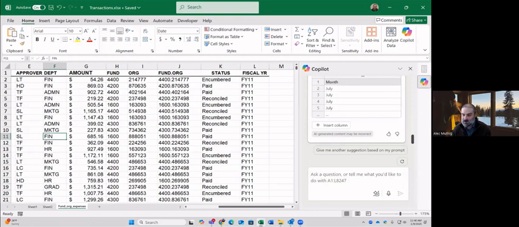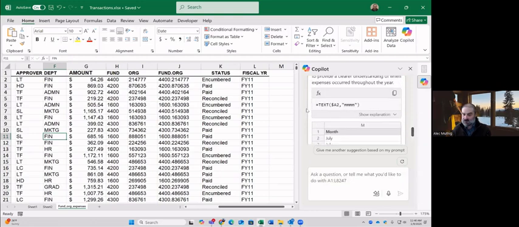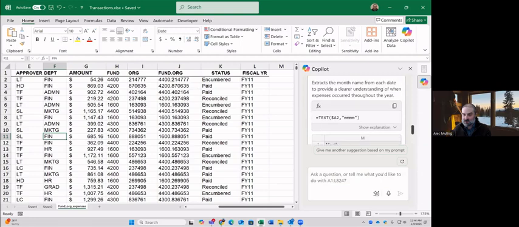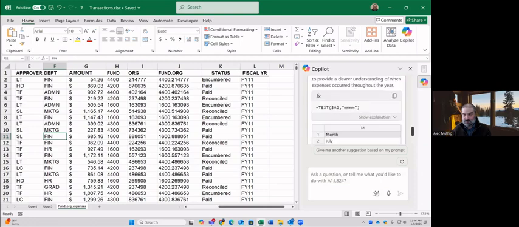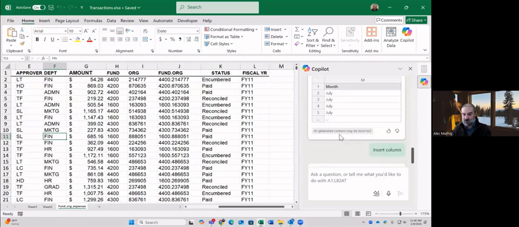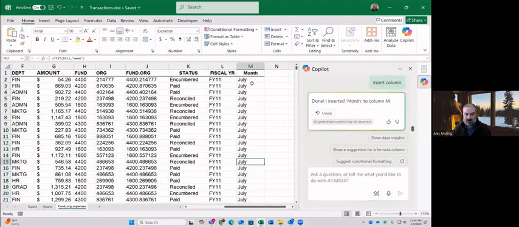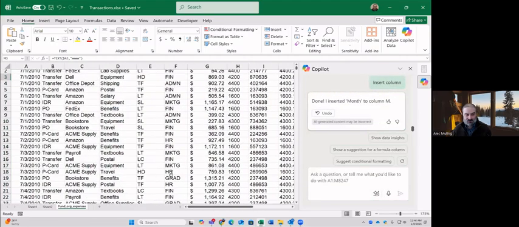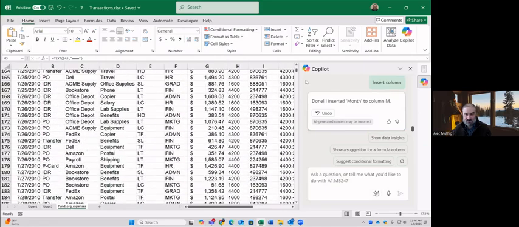Okay, so it says that this is what it's using, which is interesting. I might not have written it that way, but let's see what happens when I insert my column. A lot of Julys.